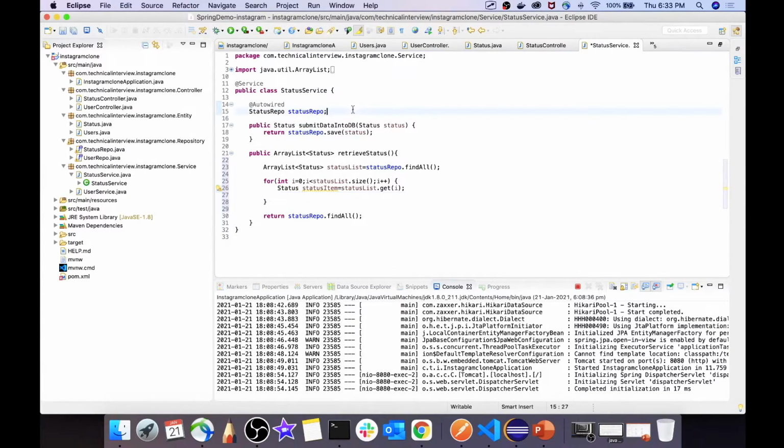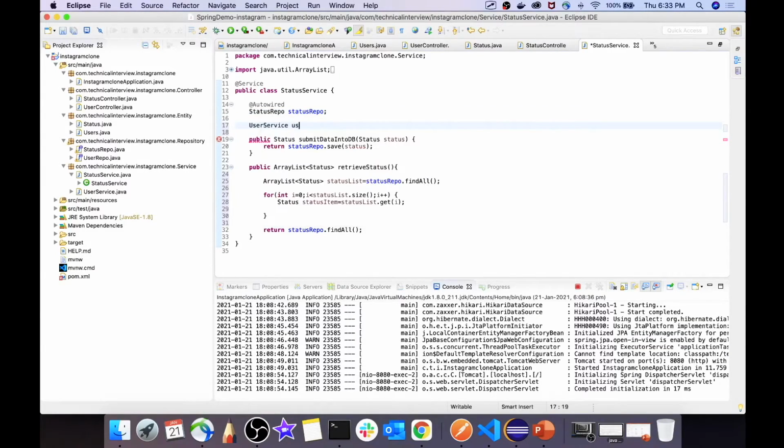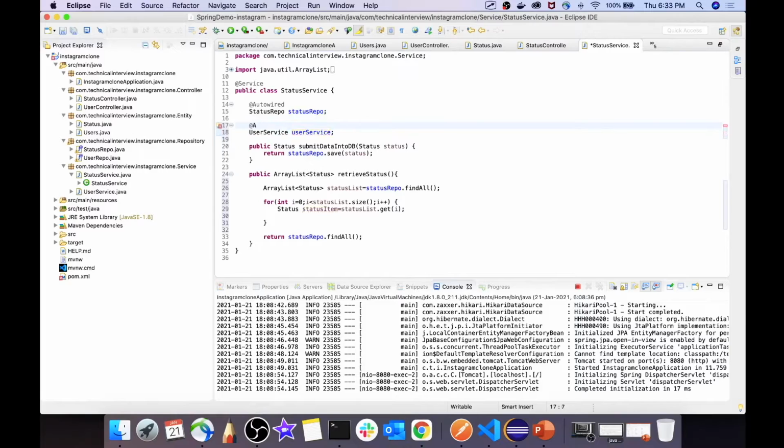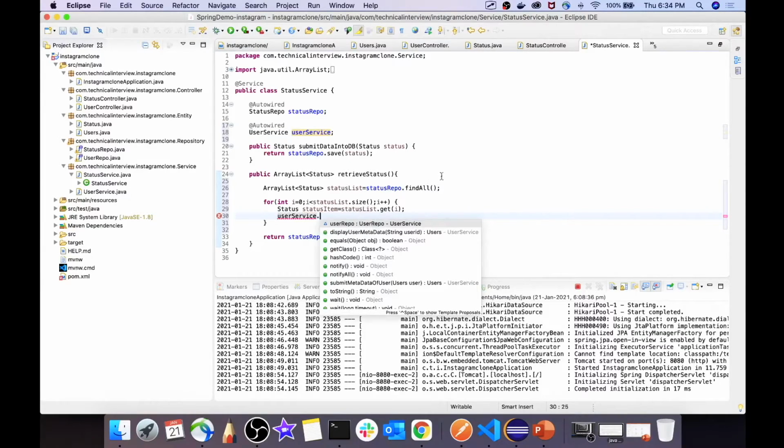So over here we will create an object of our user service. And if you remember, within the user service we have created a function called display user metadata based on user ID.